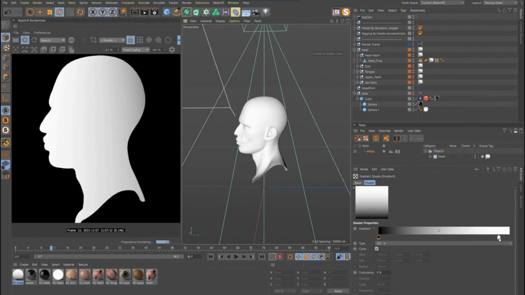One thing that helps in a situation like this, where what we want is white at the tip and black at the back, is if you hit Control, you can hover over here and see what your white value is. My nose is at 0.99, pretty close to pure white, and the back of the head is 0.2. So we can actually pull that up a little bit. We don't want pure white or pure black, because that ends up clipping the value. If this was all 1 all the way up to here, then we can't in comp adjust those levels to bring back some of that information because it's all clipped at 1. Same thing with the back.